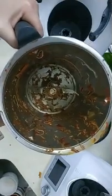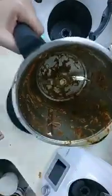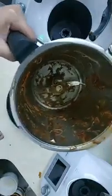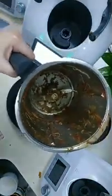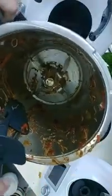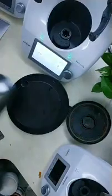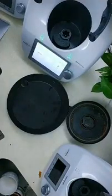The best part of all, you see this? There's nothing stuck at the bottom of the pot. Let me grab a spatula. I don't know if you can see. See how clean my bowl is. Very clean, nothing stuck. If we were using a wok, we would be scrubbing this part, but this one, nothing,